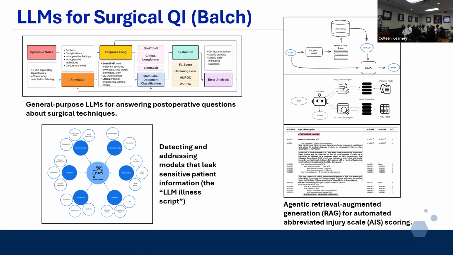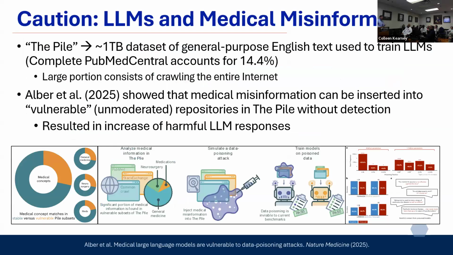I'll go back one slide. One of the methods we're working on is called retrieval augmented generation. That's where you bring in an external database of real knowledge that you know is true and up to date, and you have the model pull information from guidelines that you know are legitimate before it recommends something. So it's a way to reduce misinformation and hallucinations. That's an important technique that we've been using.